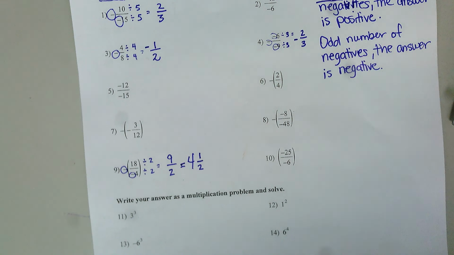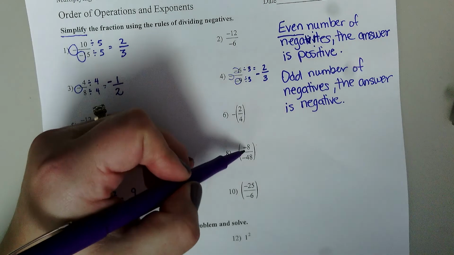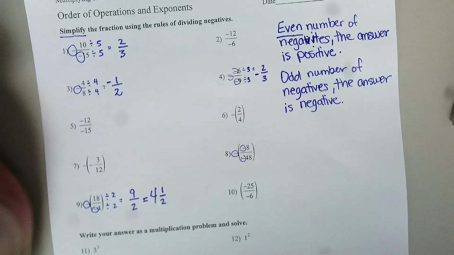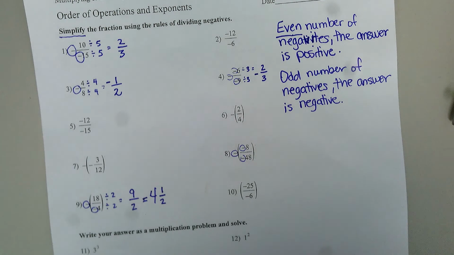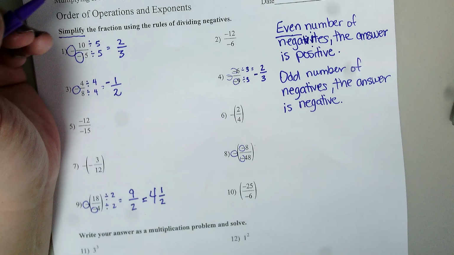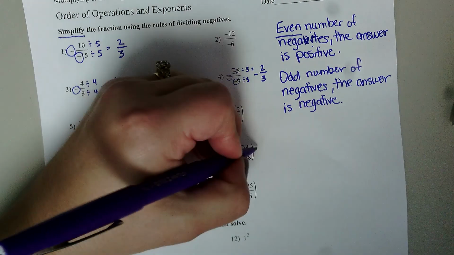Okay. I'm going to do one more. I'm going to look at number 8 over here because I have a parentheses and I have 2 negatives. And then I have another negative. And it doesn't really matter if it's inside the parentheses or outside the parentheses. You just count your negatives. So since there's an odd amount of negatives, my answer is going to be negative. So now I have to look at my 8 and my 48. And I know that 6 times 8 is 48. So I can simplify